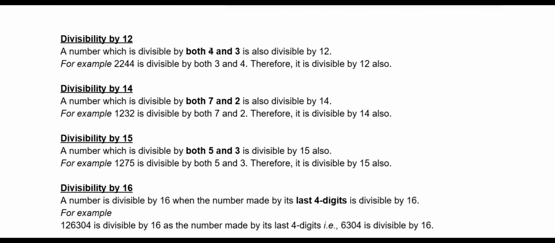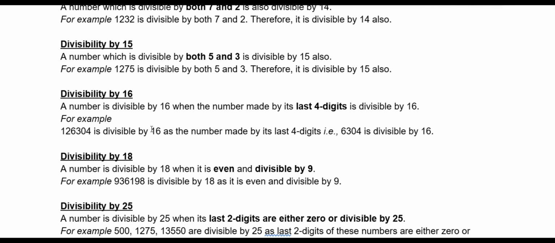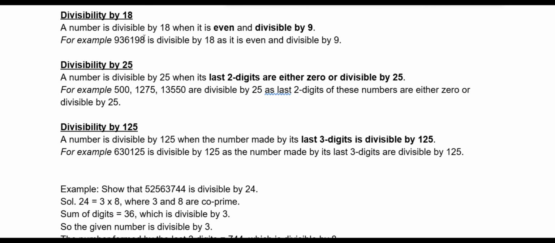So it has to be divisible by both 4 and 3. So we have seen how to check divisibility by 4 and 3. And for 14 it should be divisible by 2 and 7. And for 15 it should be 5 and 3. And for 16 we have to check the last 4 digits. And for 18 it is even, nothing but it should be divisible by 2 as well as divisible by